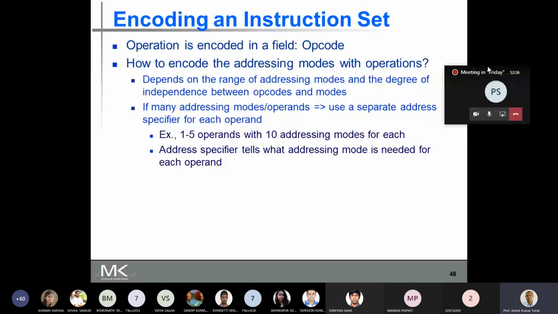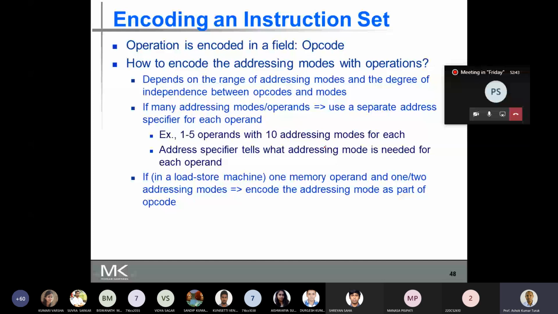Now let's look at another extreme case. So there are two cases. At one extreme, we have a large number of operands that can be specified in an instruction, and every operand can be specified by means of a large number of addressing modes. Then let's look at the other extreme: a machine with one memory operand and one or two addressing modes.